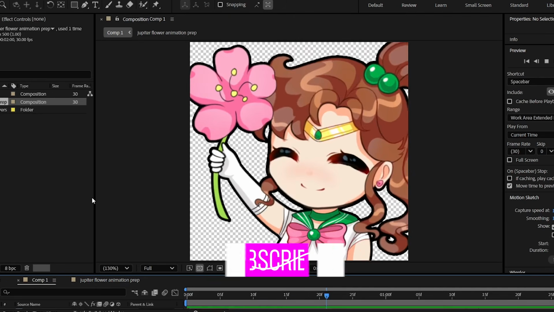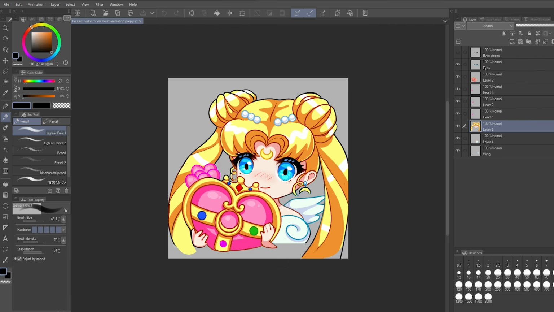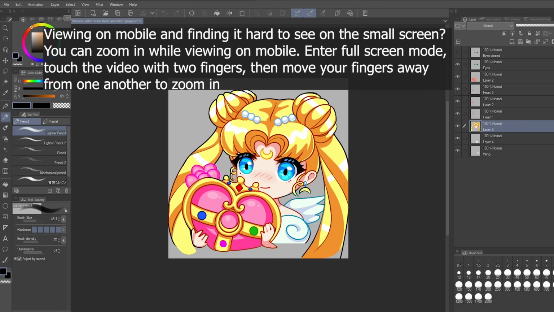All right, let's get into how to create your own animated emotes for Twitch, and of course, anywhere else you want to use them. So the first thing we need to do is set up your art for animation. And you can make your emote, of course, in any art program you want. You just need to be able to export it when you're done as a PSD file, which is a Photoshop file. So you need to create a PSD file with everything simplified into layers for the parts that we want